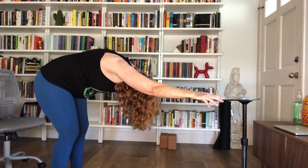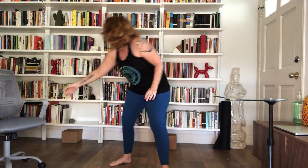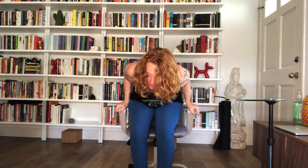And then to come out of it, slowly walk back towards your desk. Then coming back to the chair. And you can actually do this while you're still typing, but I highly recommend not. But if you need to, just take your ankle to that